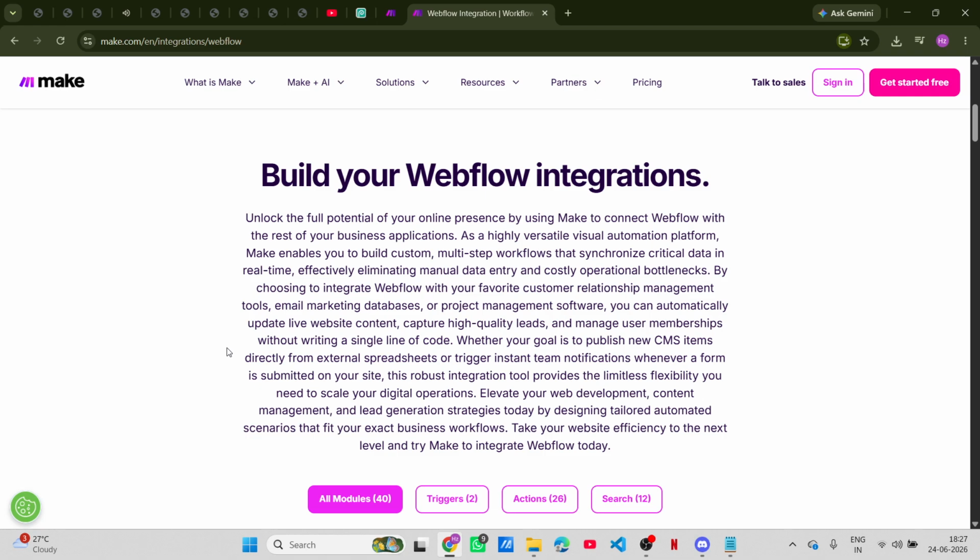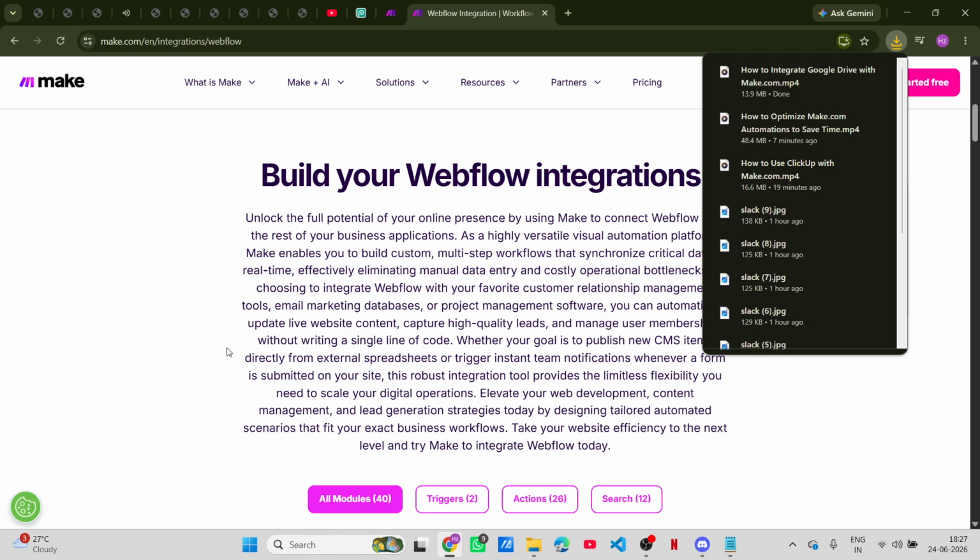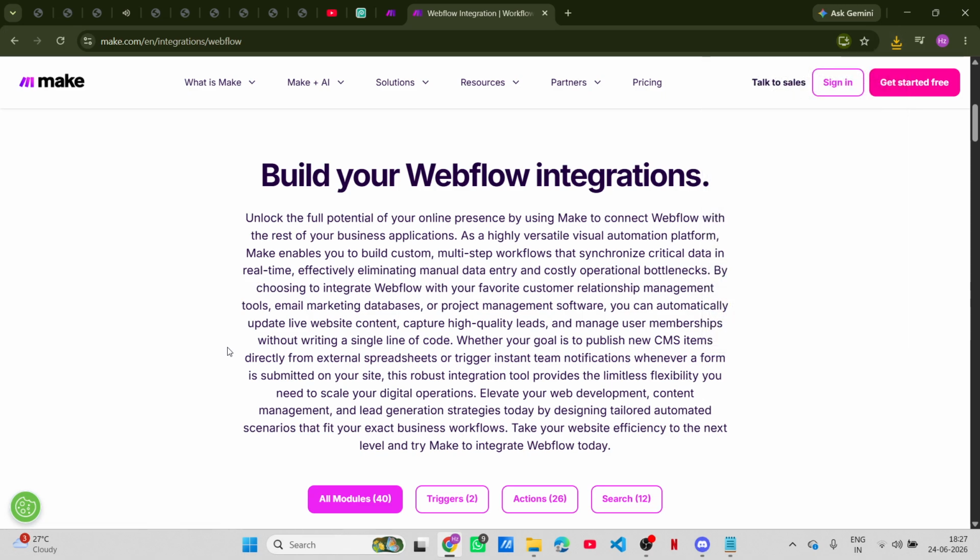Next up, it's time to add a new module. In the search bar, type in Webflow and select the Watch Events trigger function. This particular function is essential because it ensures that Make.com is listening for any real-time activity on your website. This could be anything from form submissions to item updates, giving you the ability to respond promptly to changes on